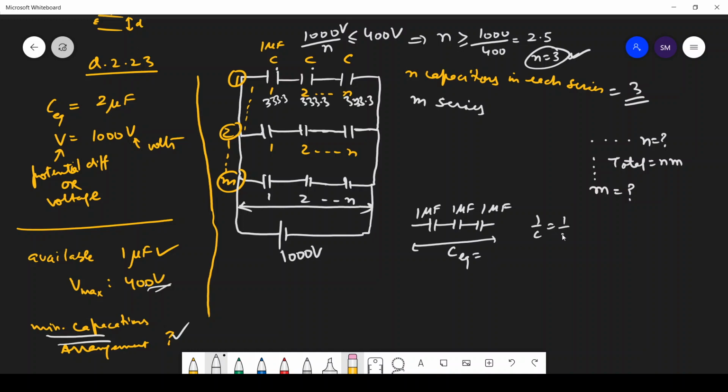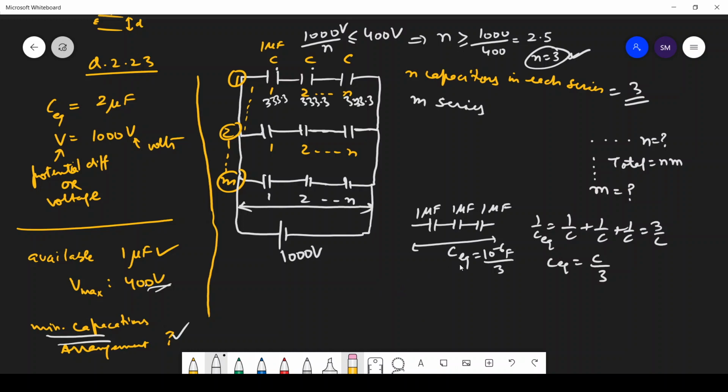so in series 1 by C is equal to 1 by C1 plus 1 by C2 plus 1 by C3. And if they are all same, you can also write this as 1 upon C equivalent is equal to 1 upon C plus 1 upon C plus 1 upon C. That is equal to 3 multiplied by 1 upon C. And C equivalent will be equal to C upon 3. What is C? 1 microfarad. So 10 to the power minus 6 farad upon 3. Right? So that's your equivalent